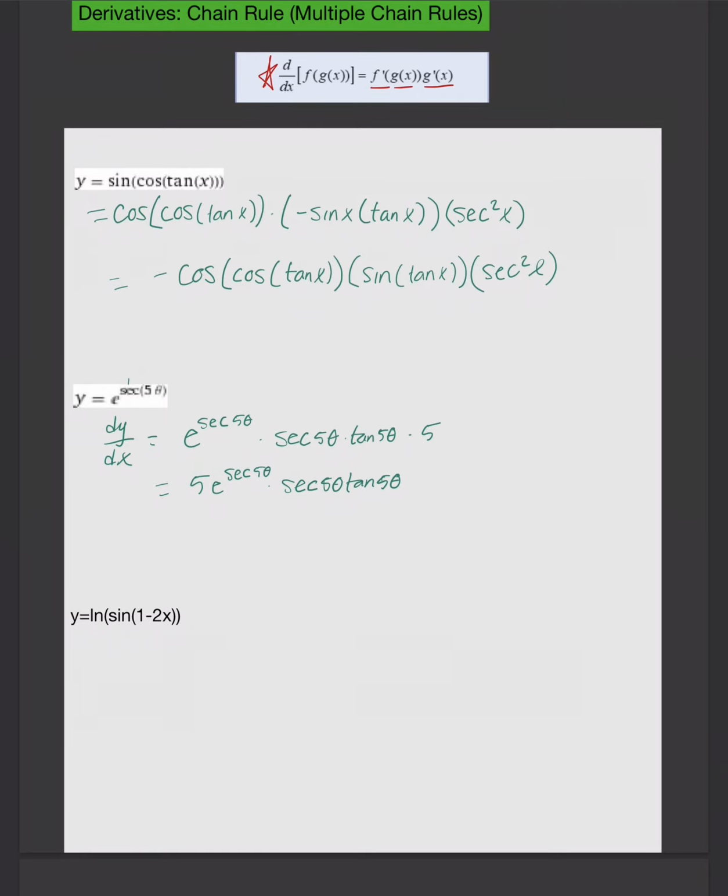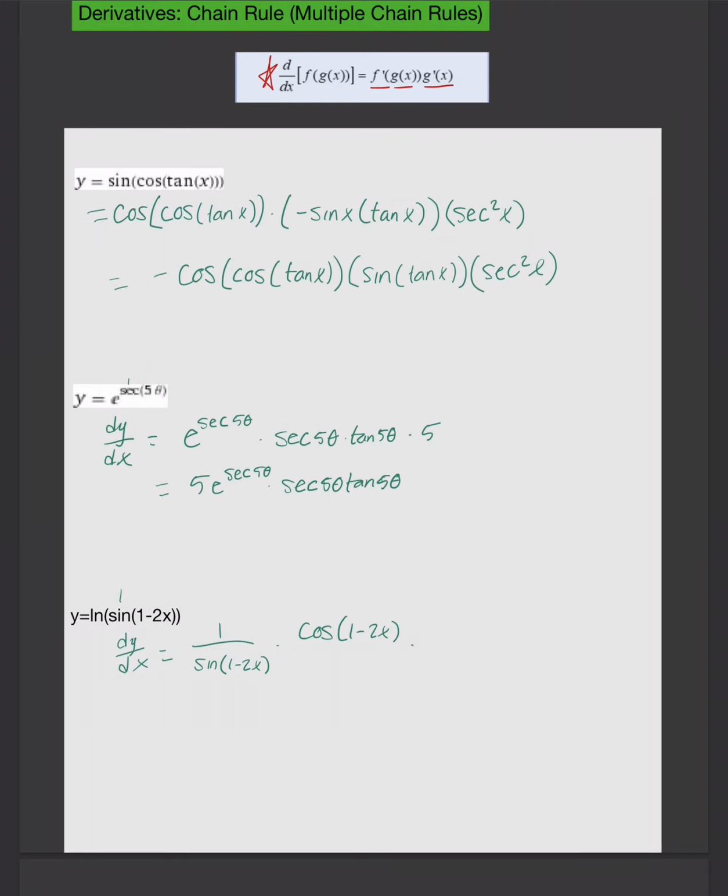And for our last one, y equals ln of sine of 1 minus 2x. So our outside function here is the natural log, and the derivative of a natural log is 1 over whatever our inside function would be. So dy dx, so the derivative 1 over, now we have our inside function, sine of 1 minus 2x, times the derivative of our sine, which should be cosine, and we keep our inner function the same,